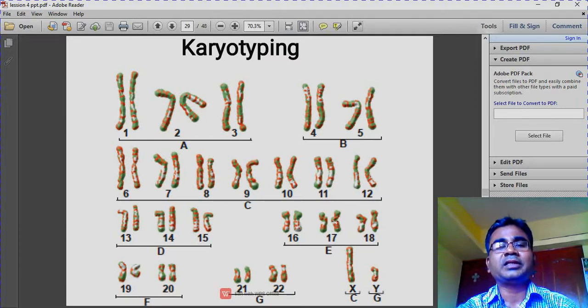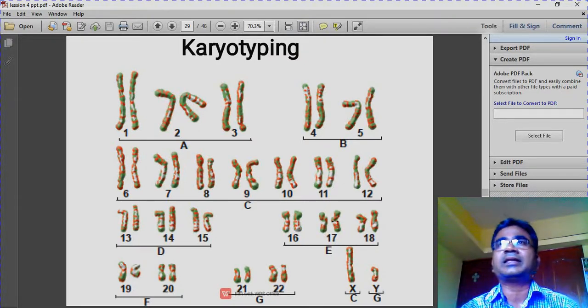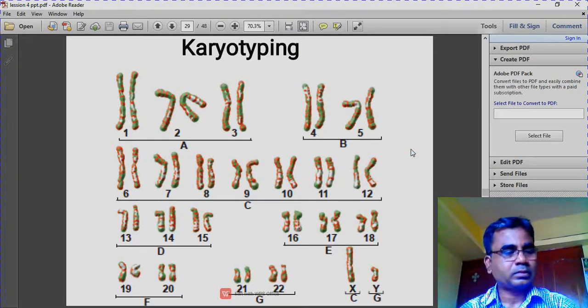All their genetic characters will be shown in pedigree analysis. So they observe not only the karyotype but also analyze the pedigree. Pedigree means the family tree, which shows the inheritance pathway of some of the genetic characters. Sometimes, if your grandfather has some genetic disease, that may be transmitted to the grandson. By analyzing these things, they decide whether they are ready for the marriage or not. So pedigree analysis is also very, very important.